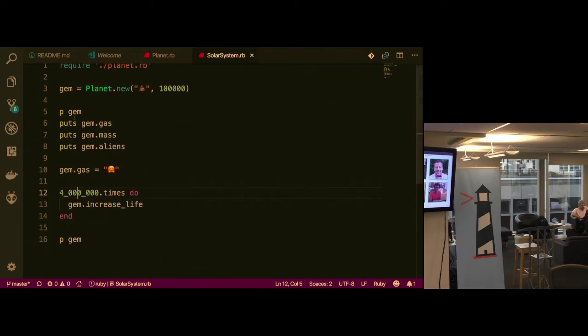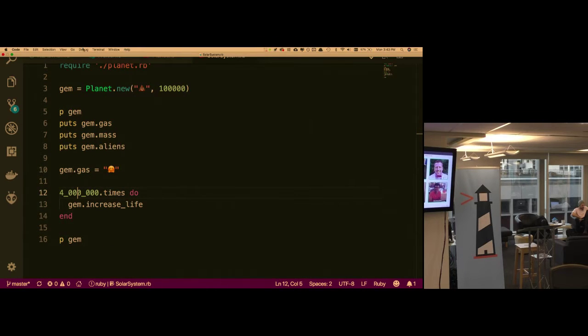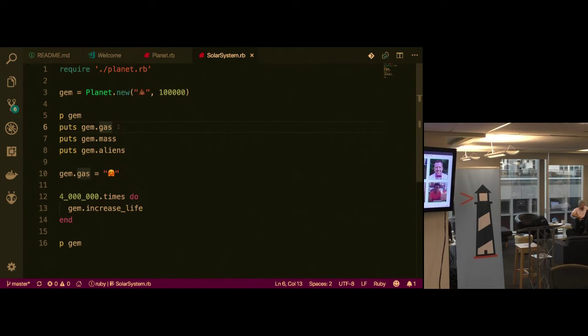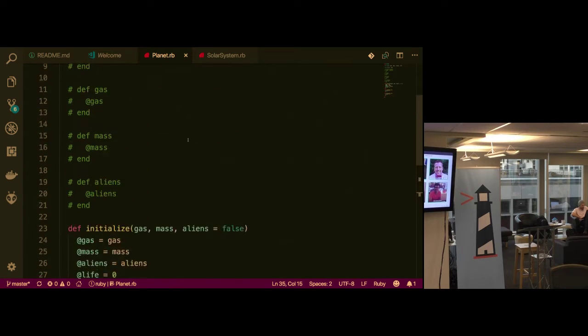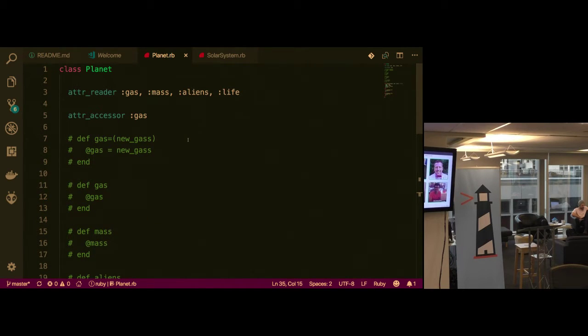I didn't want to do that. No? Everyone good? All right. Let's talk about inheritance, because that's something that's going to come up. We have a planet. Let's do some inheritance stuff. You already kind of get the gist of it. So should we create like a subclass or a superclass to planet?